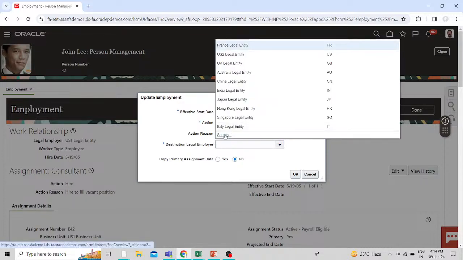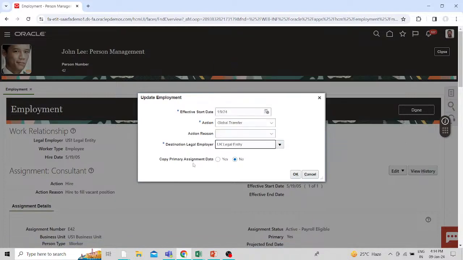So what is a work relationship? Basically, a work relationship is a relationship between the employee and the employer. Here you can also select the action reason for the request as a reorganization. And I select the UK legal entity as the destination legal employer, and now here you can see the